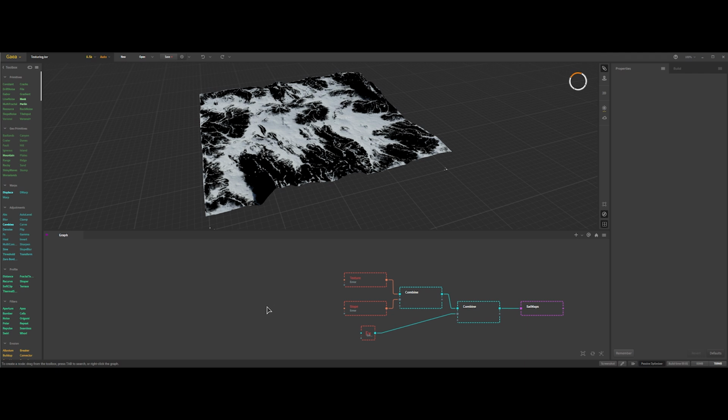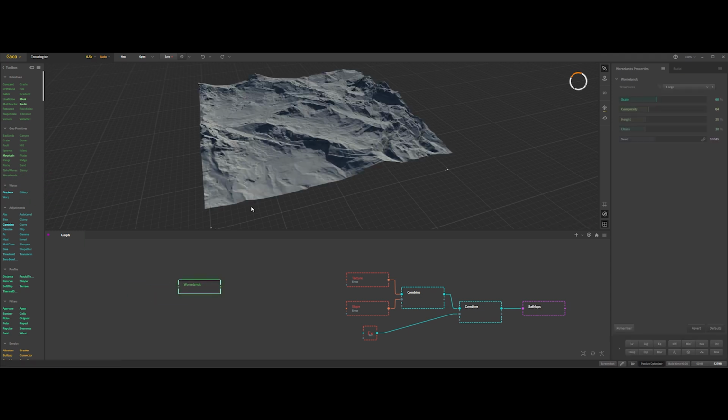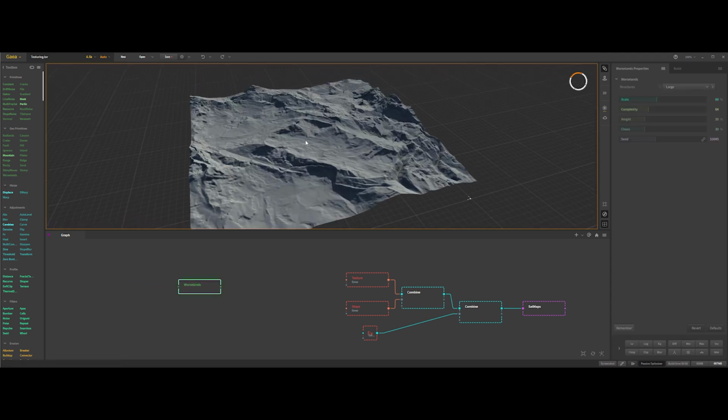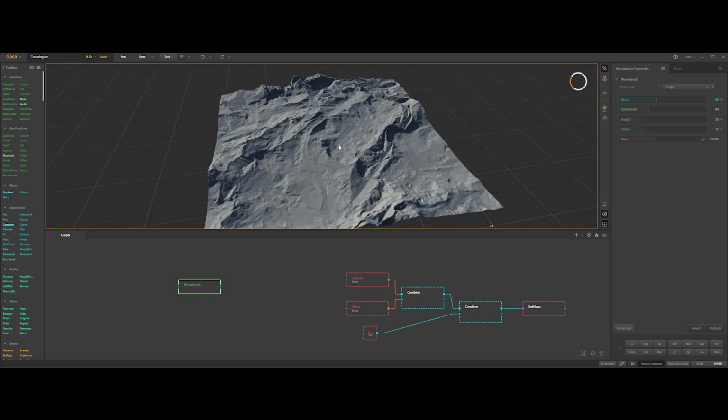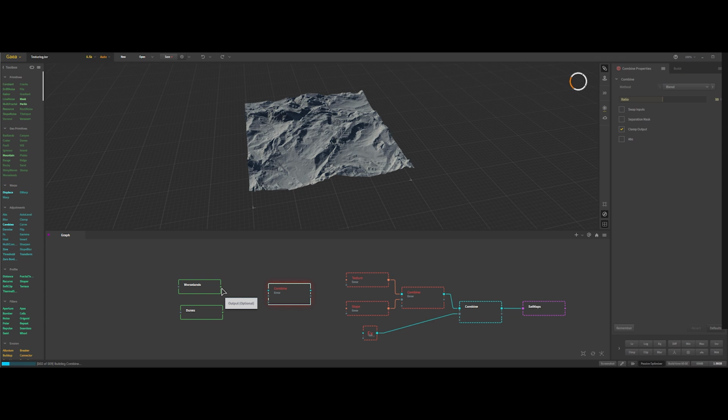In the Tools panel, you'll see a library of nodes. Collapse it for space or keep it open, your call. For now, grab the Worldlands node. Worldlands creates rugged, sheared environments with some hills. Boom! Look at that masterpiece. Want to mix it up? Let's add some dunes. Drag in a combine node to blend the two.